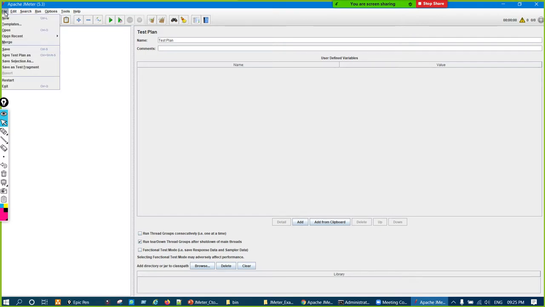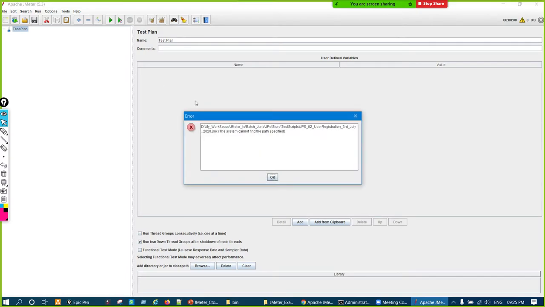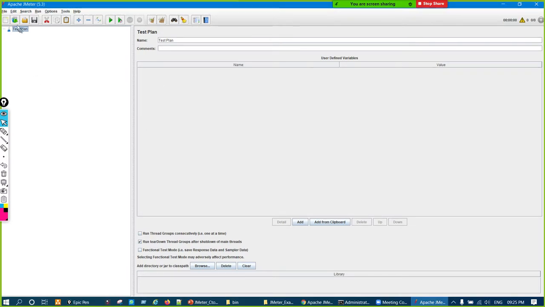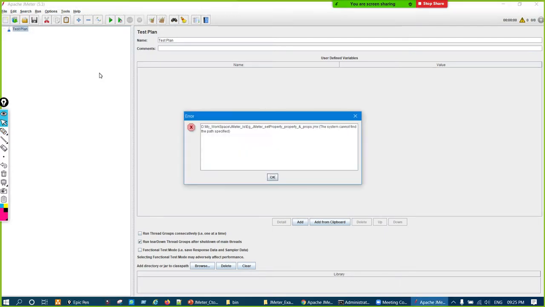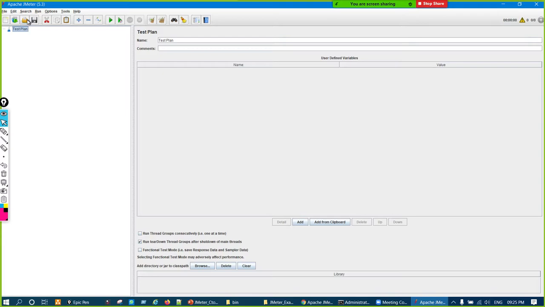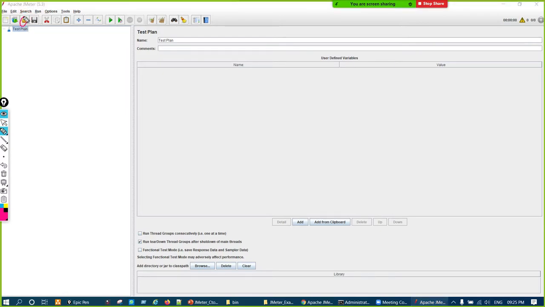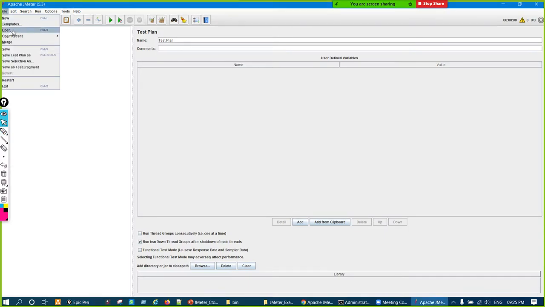Then again in that, Templates are there, right? So this green button is a shortcut for Templates, and in File, Templates are there, so that is the shortcut. And then this third icon, the yellow icon, is to open a file, right? Open any file. So the Open button and Save button are there, right? So Open we have in File.